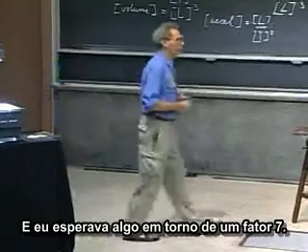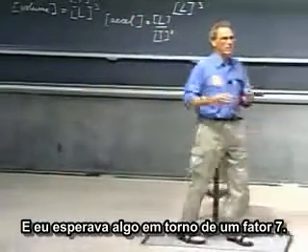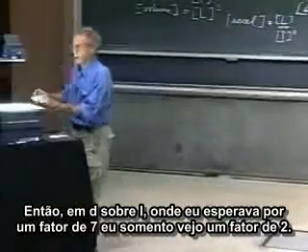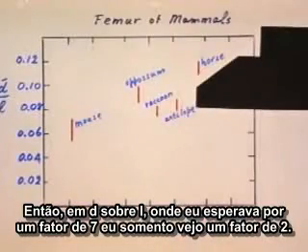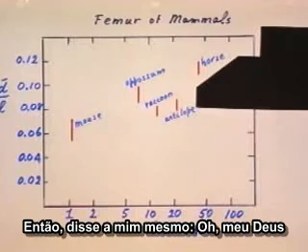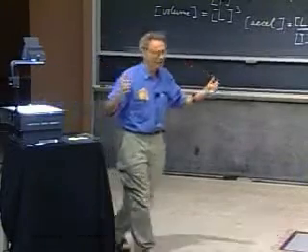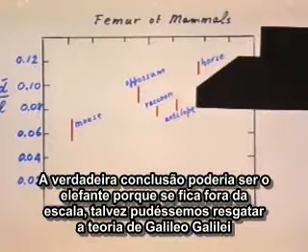And I expected something more like a factor of 7. And so, in d over L, where I expect a factor of 7, I only see a factor of 2. So I said to myself, oh my goodness, why didn't I ask them for an elephant? The real clincher would be the elephant, because if that goes way off scale, maybe we can still rescue the